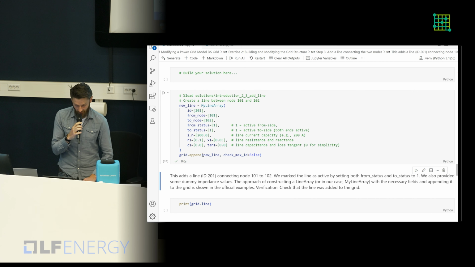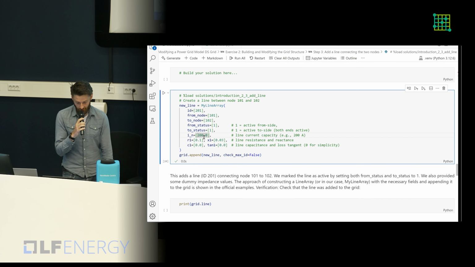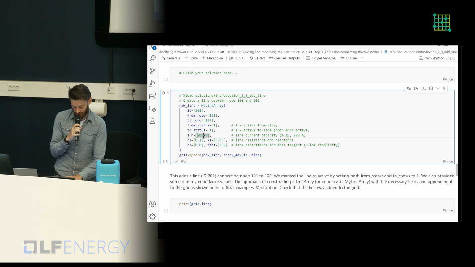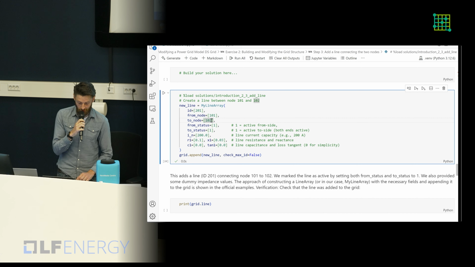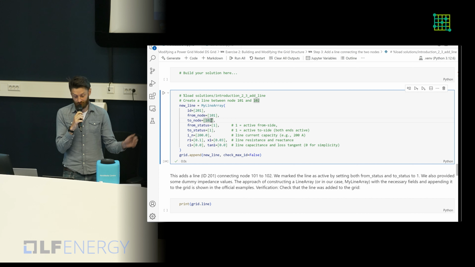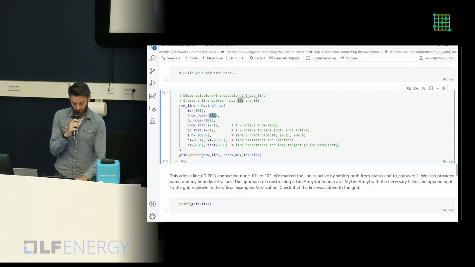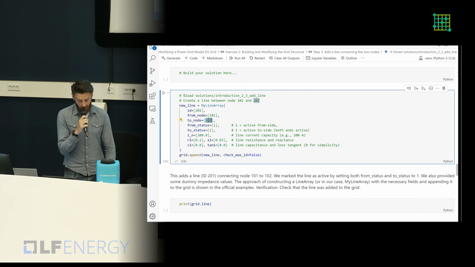And then the next kind of asset we can add to the grid is a line. Very similar. We just have to define a bit more attributes. But in general, it works the same way. So you can also append it, specify ID, and specify the attributes. Now we have two nodes, and we want to connect those nodes with a line. So you have to specify a from node and a to node. I think actually the framework will also raise an error if you specify a non-existing node here.